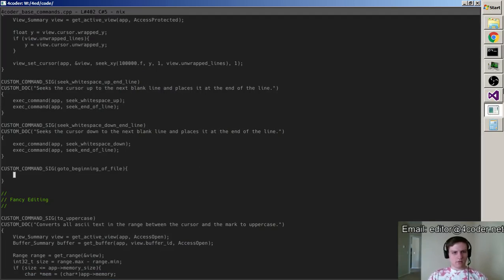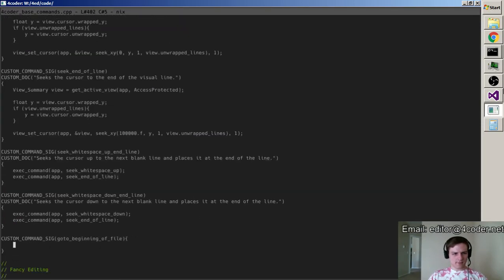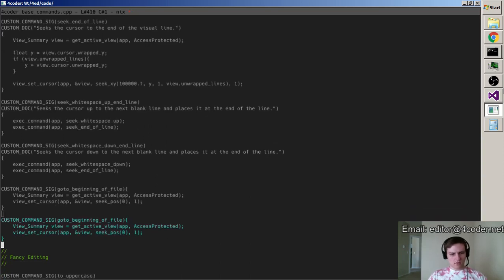And then what we're going to do is we're going to say get me the current view, view set cursor, app view seek position 0, 1. And then for the other one, what we'll do is we'll take the view,